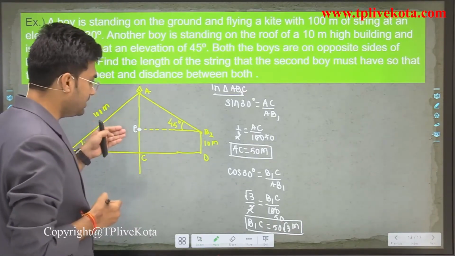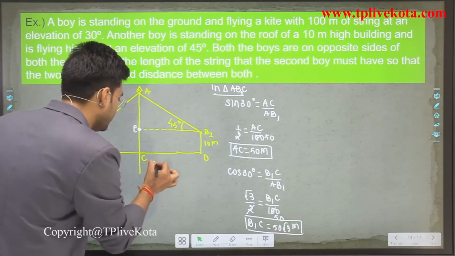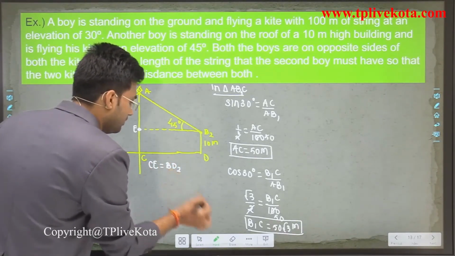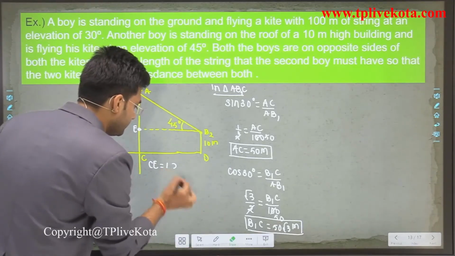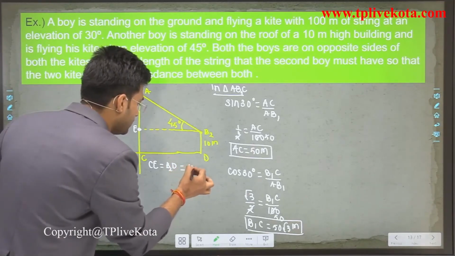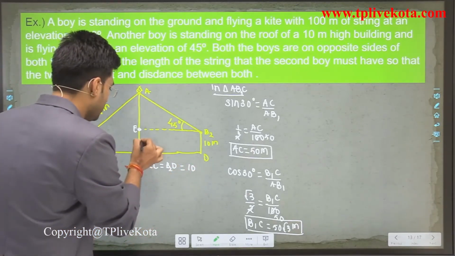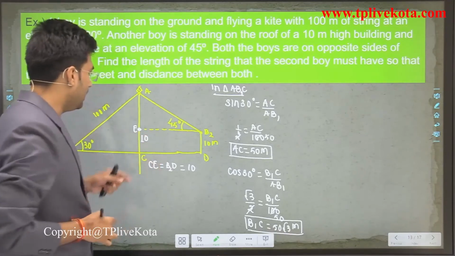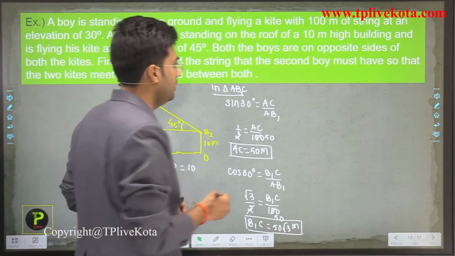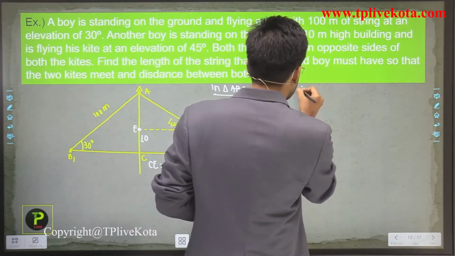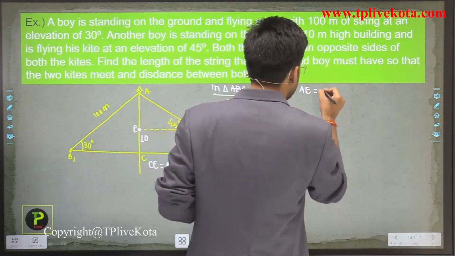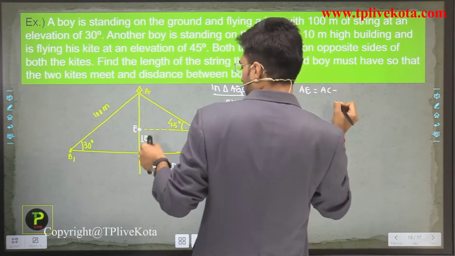Now students, let this point be E. If this point is E, then here we can say that CE is equal to DB2, and both are equal to 10. So this is also 10. Now what about AE? So AE is equal to what? It is AC minus EC,